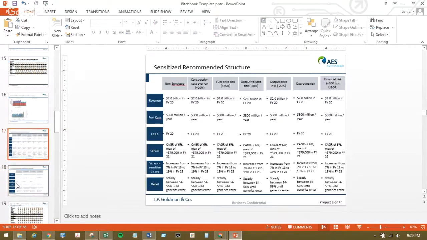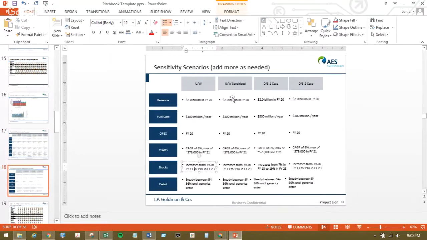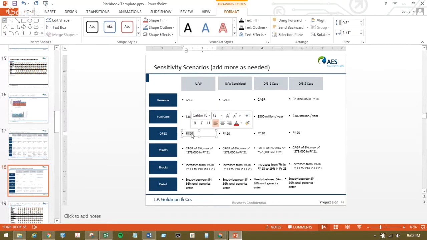And it's repetitive. You're going to repeat things, but it's just snappy, quick. Here you talk more about this. You would talk about CAGRs, the compound annual growth, and then fuel costs would be per year, and OpEx would be as a percent of revenue. And CFADS would just be about your average debt service coverage ratio, and then